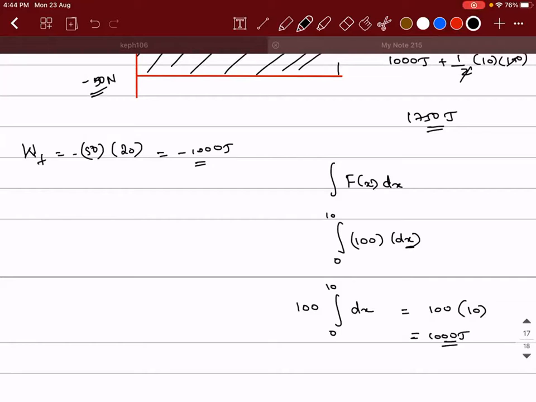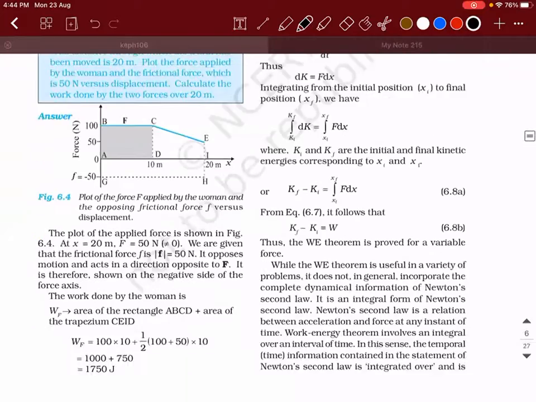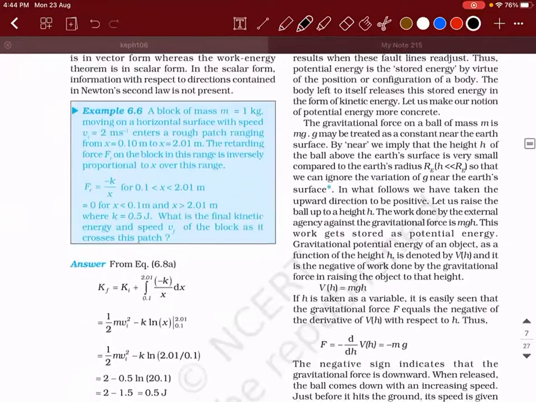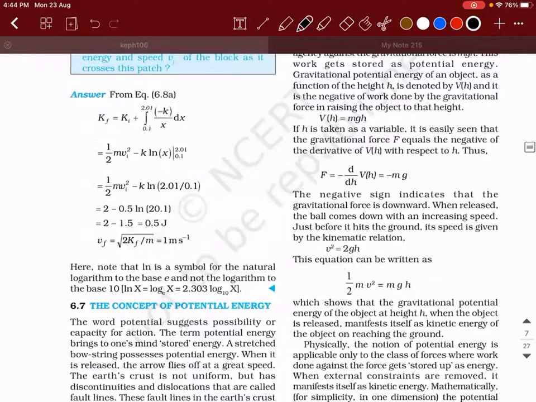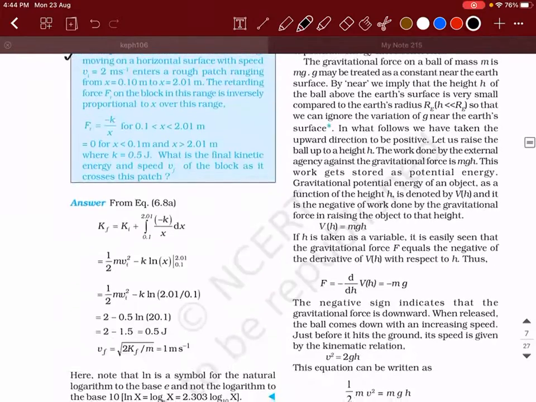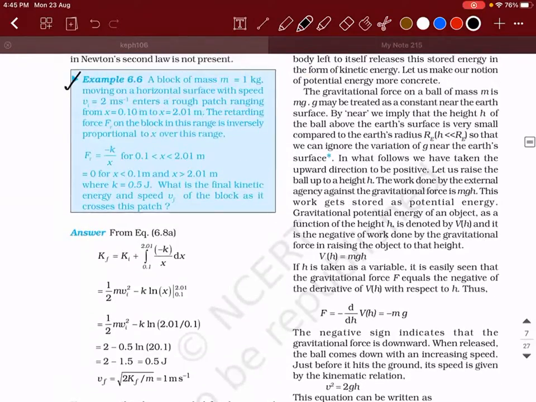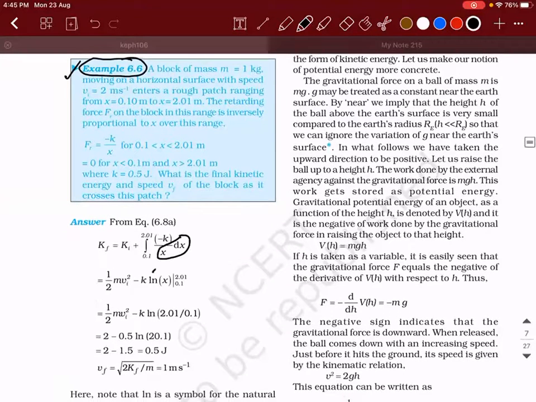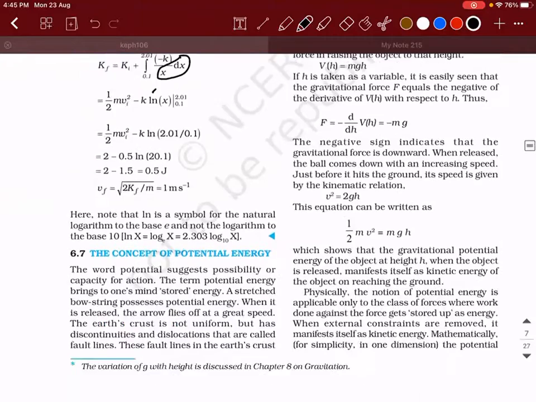Okay, sir, but anyways, I will not suggest you take this method at all. Okay, sir, I just asked. No problem, I am telling this for others. Others, you need not take it when you have a constant force, unless the equations are given. For example, you have another problem based on integration. We would have actually waited till here, but I will do this problem later. It is slightly tough because you need to know the integral of 1 by x, which is log x. I'll do this problem later. It will confuse you.